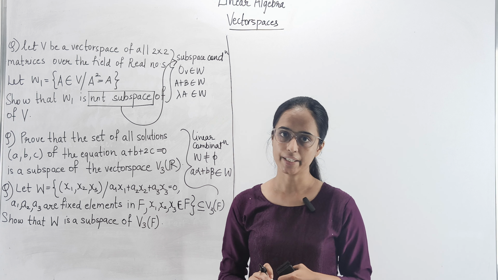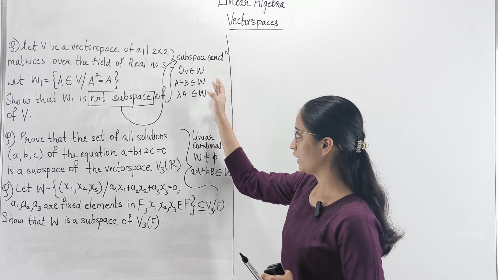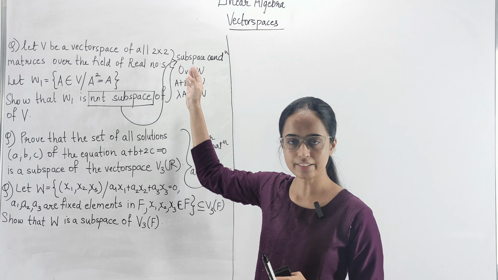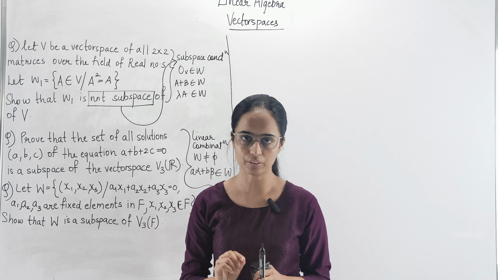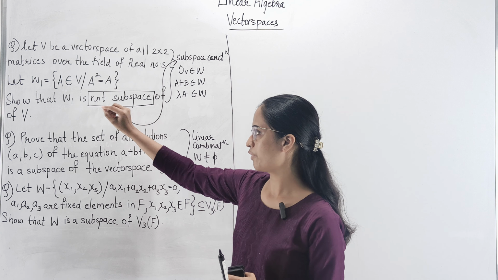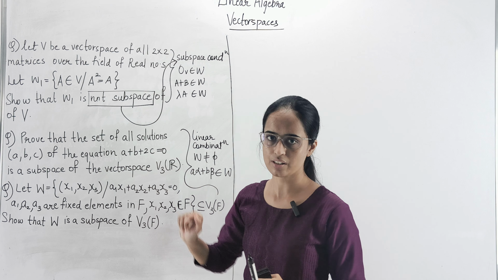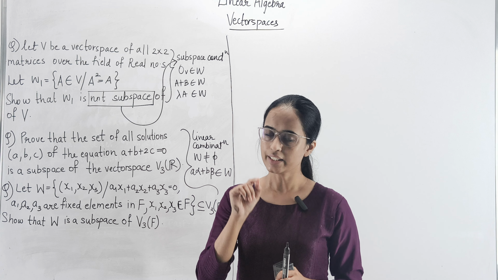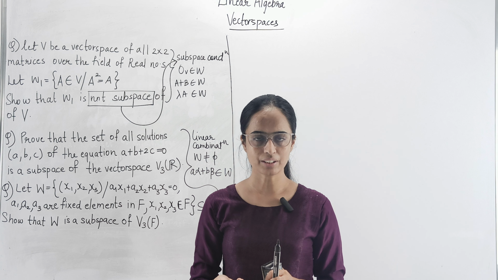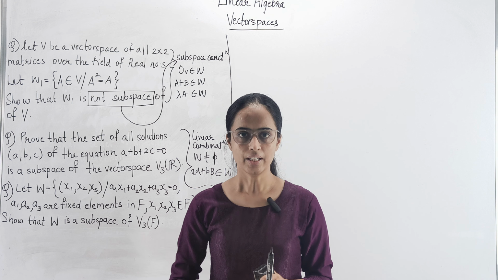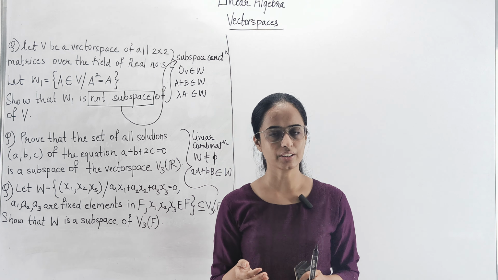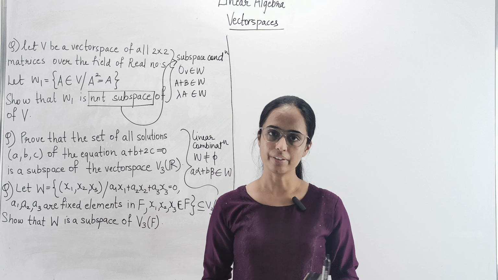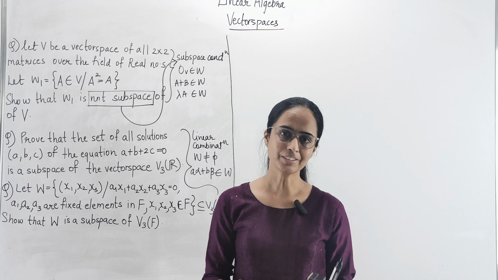So यहाँ पे हम क्या करेंगे कि ये जो तीन conditions है we will see कि ये तीनों subspace conditions fulfill होते हैं या नहीं. Obviously here we have to show that W1 is not a subspace. इसका मतलब यही है कि either of them or maybe all three of these conditions would not be satisfied, and if any one of the conditions is not satisfied, we can directly conclude that W1 is not a subspace.